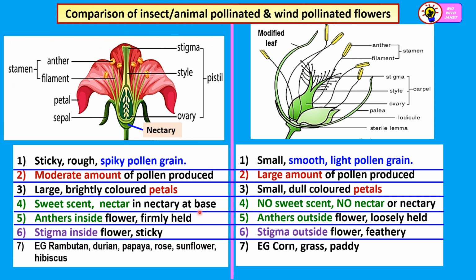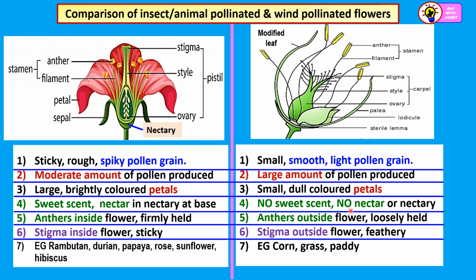animal-pollinated flowers have sweet scent and nectar, as you can see here in the nectary, which is the place where the nectar or sweet fluid is produced. So the insects will be attracted to the flowers and they will burrow deep to drink the nectar from the nectary. This is the way that the flower attracts the insects so that its pollen can be transferred to the insects' bodies. Now, for wind-pollinated flowers,